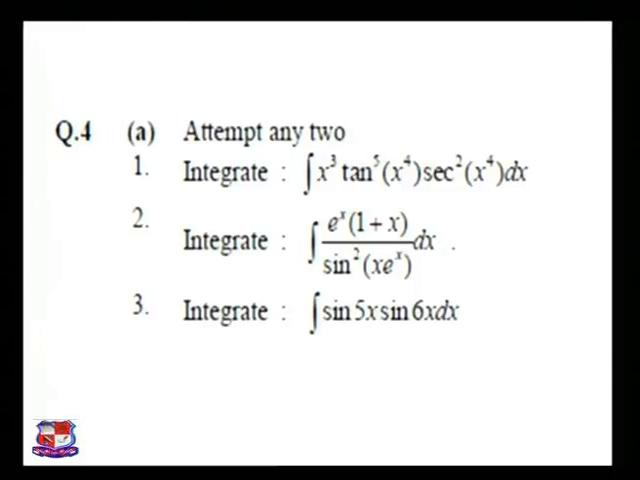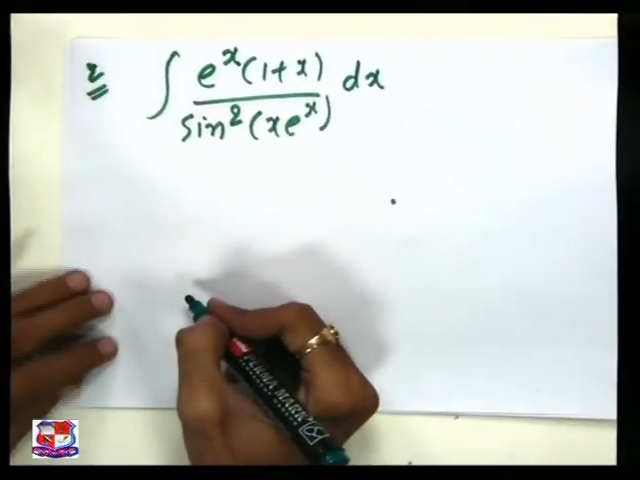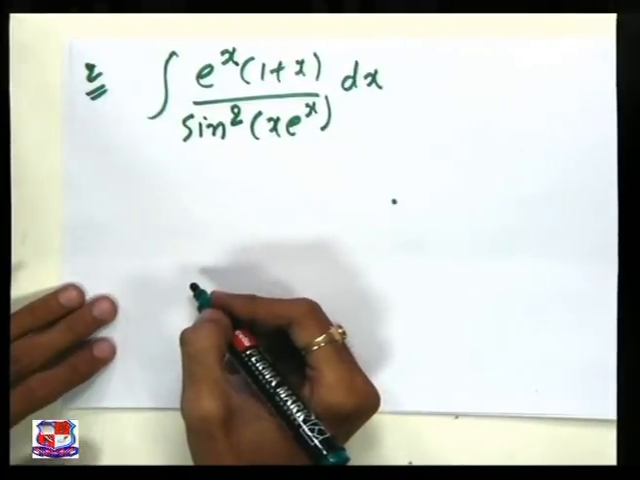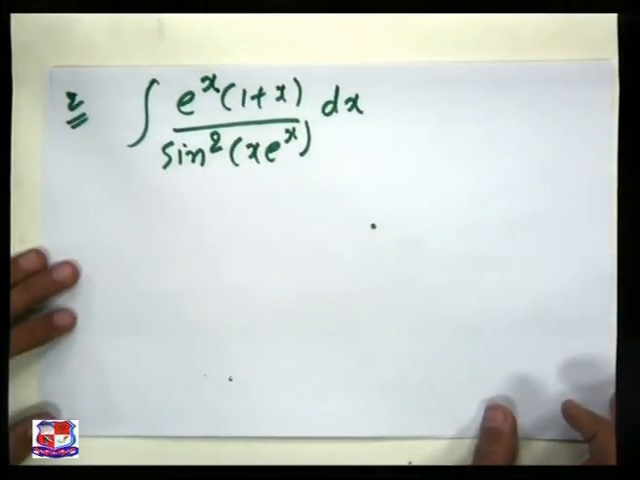Let us move to the question number 2 of question 4a, that is, integrate e raised to x into (1 plus x) upon sine square (x e raised to x) into dx, right? So to integrate this function, as we have discussed in the last example, we will use the